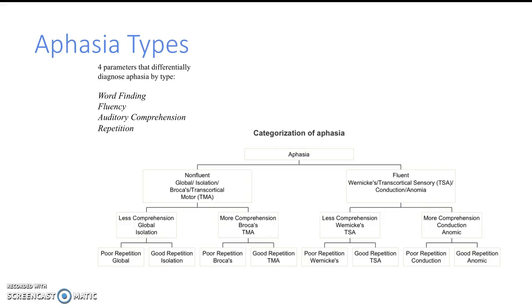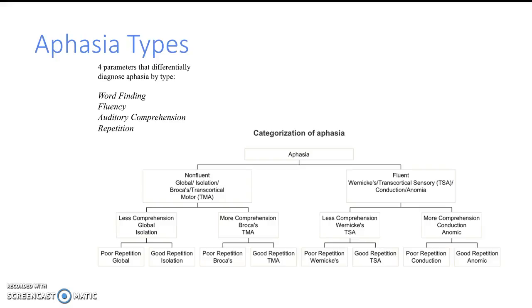So, the differential diagnosis of aphasia has been debated over the years. There are some that say it's not necessary to differentially diagnose aphasia, and there are some that say it should be differentially diagnosed. I guess I fall in the middle. I think that it's not necessarily essential to the treatment of aphasia, but it does help the clinician quite a bit to understand what kind of aphasia the individual has, because it allows you access to the literature.